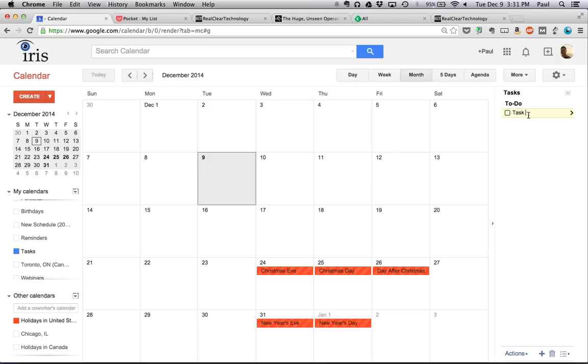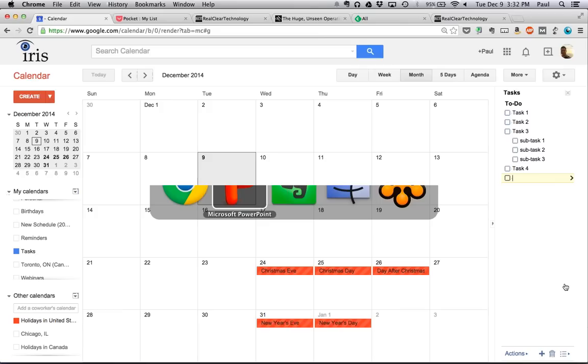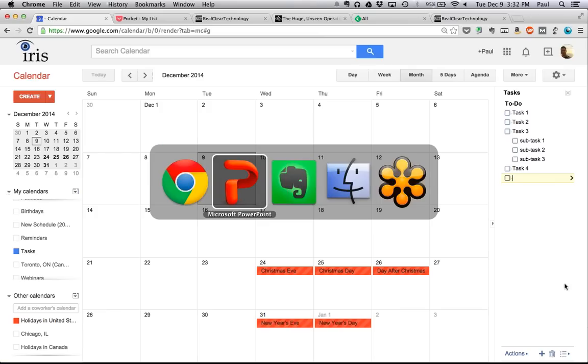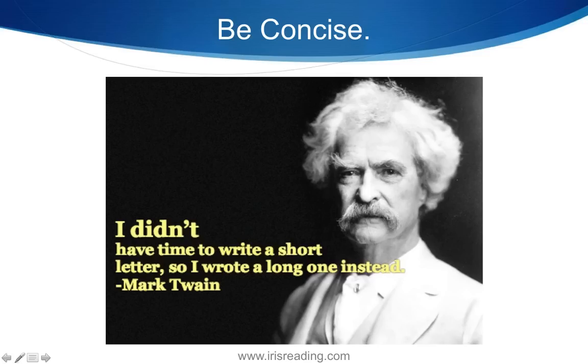And you could add your tasks right here. So this could be task 1, task 2, task 3. If I hit the tab button, I can have a subtask right here, subtask 1, subtask 2, and so on and so forth. You could have as many tasks as you want, and you could also have different types of task items, so you can create different types of lists. So check that out when you get a chance.